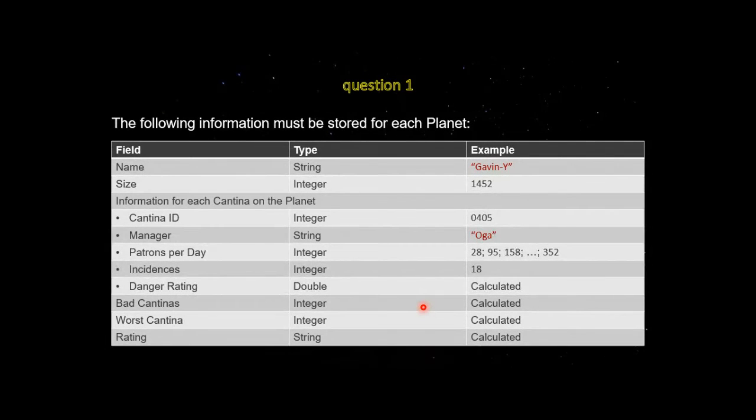All right. So you'll notice here name, size, and then last, I'm going to skip these cantina ones because let's not worry about that. That's a separate record structure. Also note there's the bad cantinas, worst cantina, and rating. So in total, the planet record structure has 1, 2,